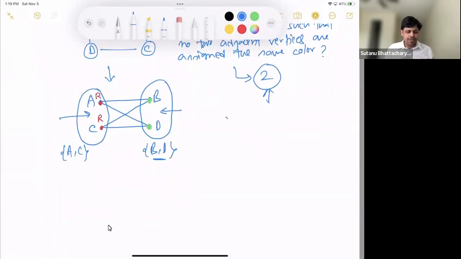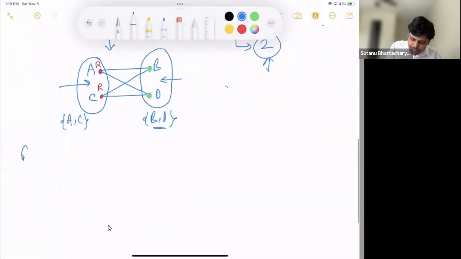Okay, so another one, we can do another practice. This is one graph, A, B,